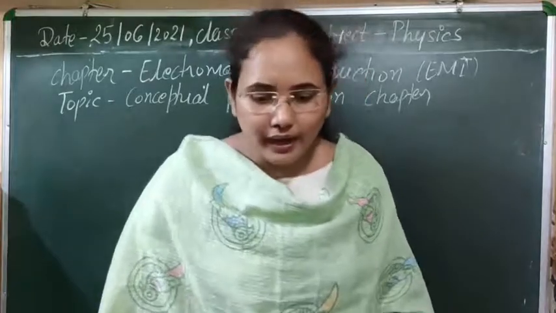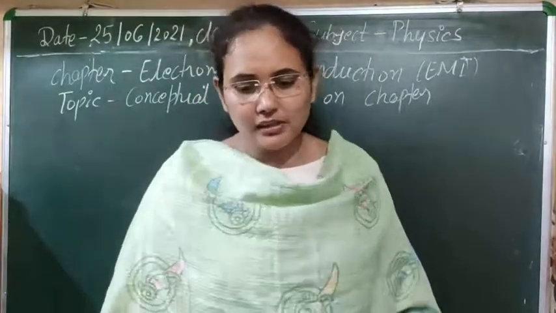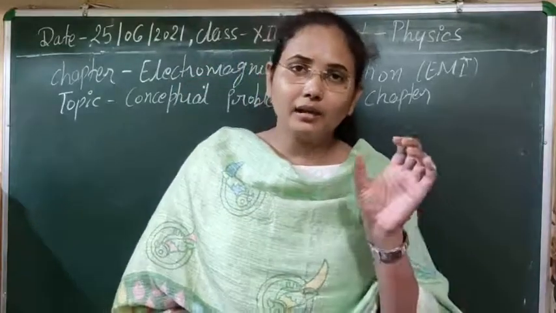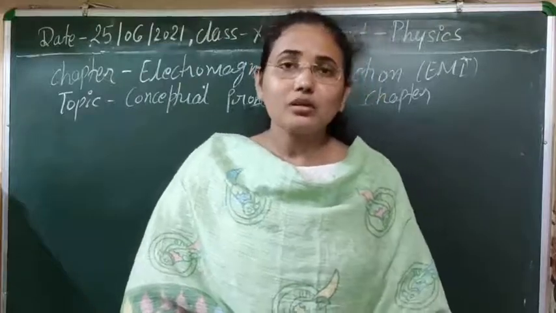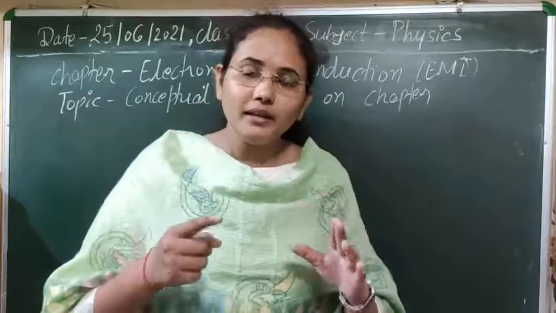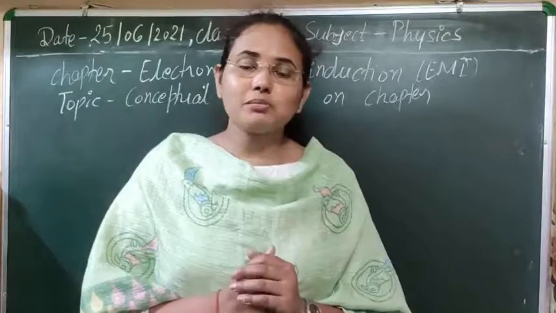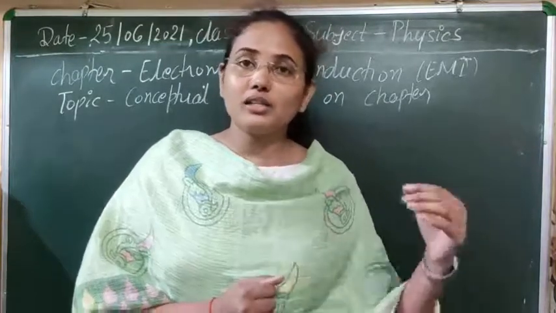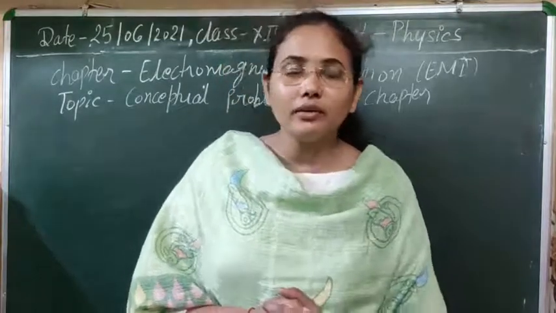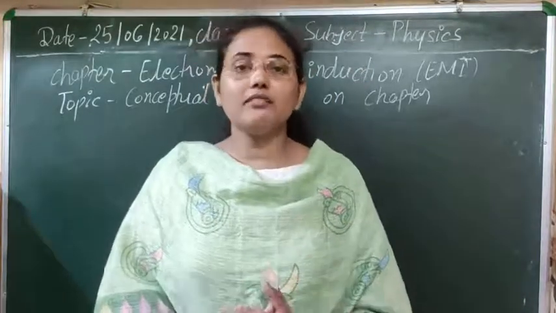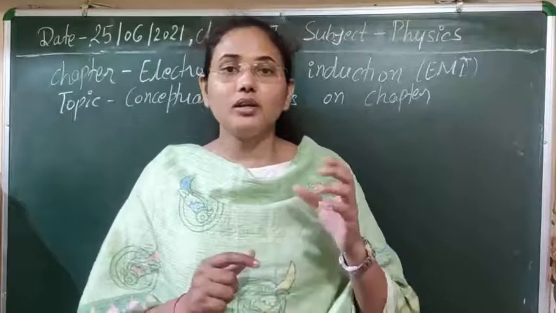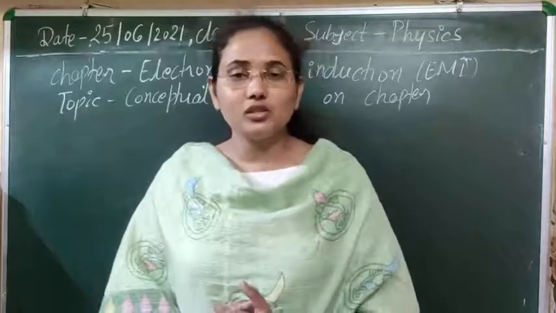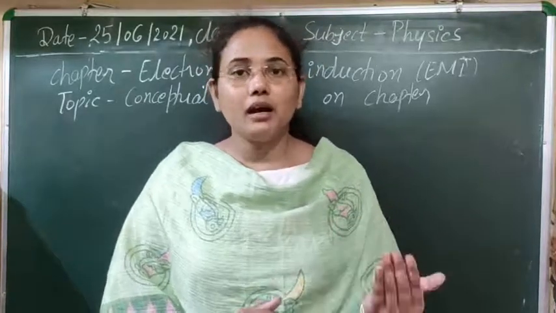As you know, the cylindrical shell is made up of a conductor. If the iron bar is a magnet, suppose, and that magnet is falling, then due to the fall of the magnet the magnetic flux linked with the whole shell will change, and an induced EMF will be generated in the shell itself. And you know from Lenz's law that the induced EMF will be in the opposite direction.